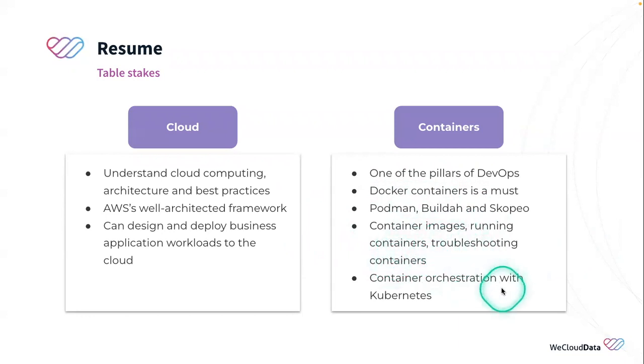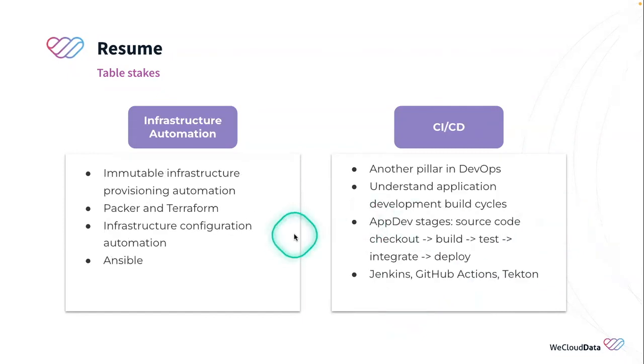You've got to be familiar with all these things, and of course the beast, the heavy hitter, Kubernetes here. Important to have that on your resume as well for containers. Depending on what kind of DevOps job you're going for, you don't have to be the expert in Kubernetes, but at least familiarize yourself with the fundamentals of Kubernetes in containers. Infrastructure automation, pretty important to understand the concepts of immutable infrastructure provisioning automation, things like Packer and Terraform, configuration